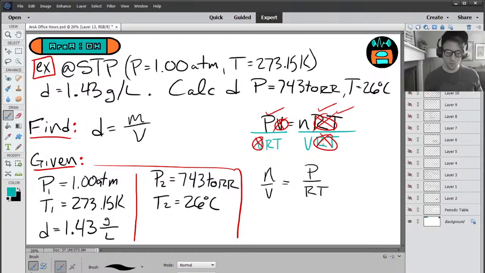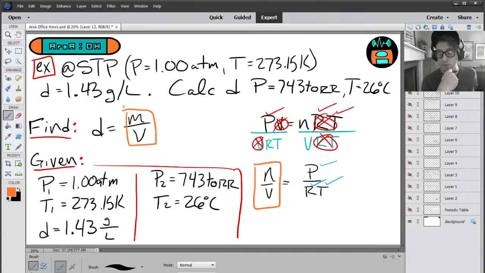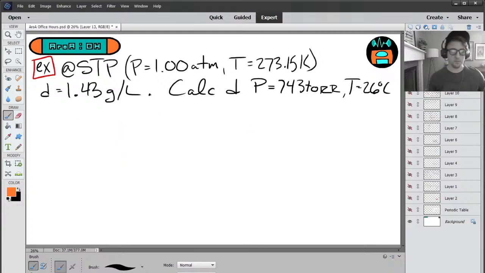And here's the thing, we know the pressure, the temperature, and R. So we can solve for the moles over volume. And you'll notice that this expression is surprisingly similar to density. Right? Density is the mass per volume ratio. This is the moles to volume ratio. In fact, the only difference between density and moles per volume